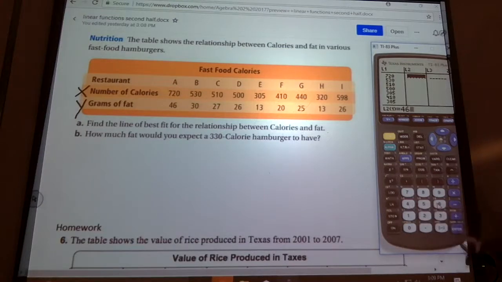Fat grams in list 2. Which one did I forget? 46, 30, 27, 26, 13,